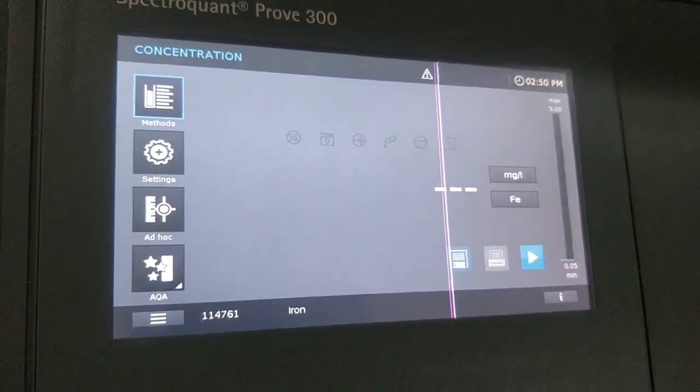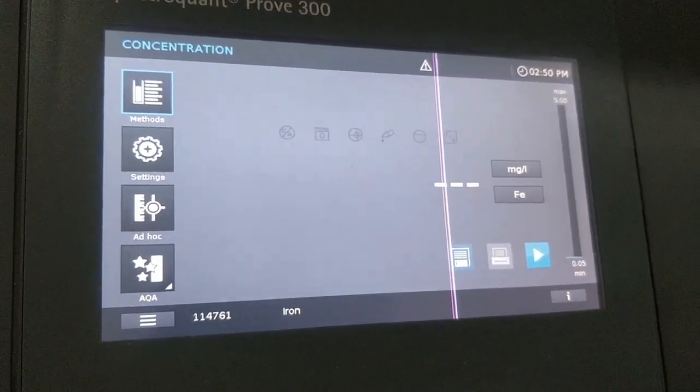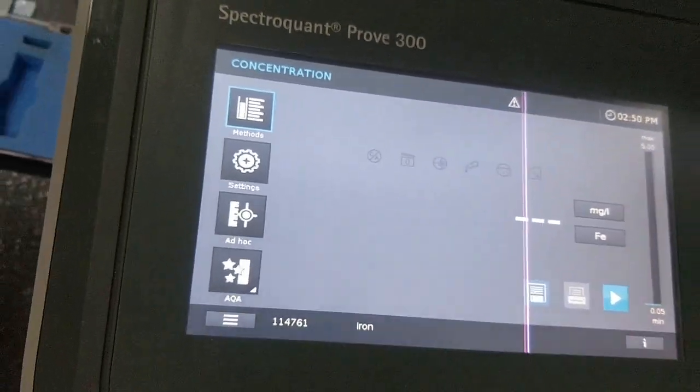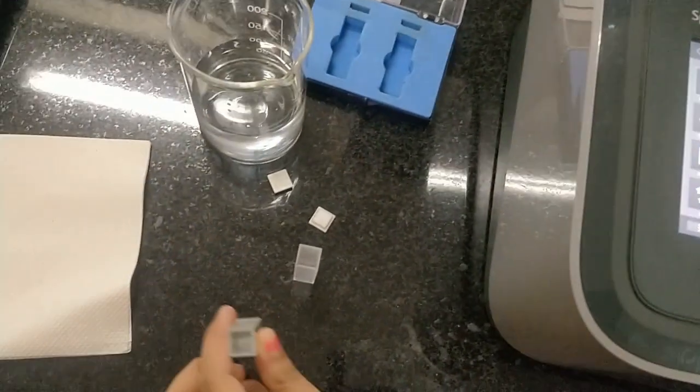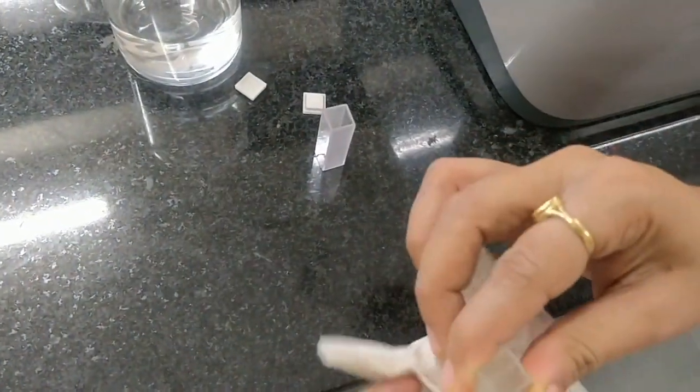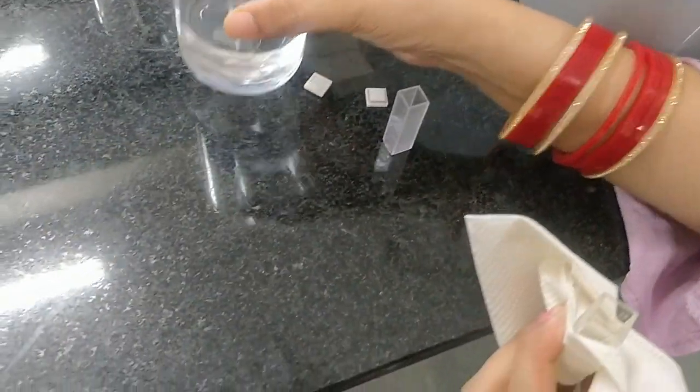Zero adjustment is done for calibration of the instrument with respect to the given parameter. For this we will take a cuvette and fill that cuvette with distilled water.